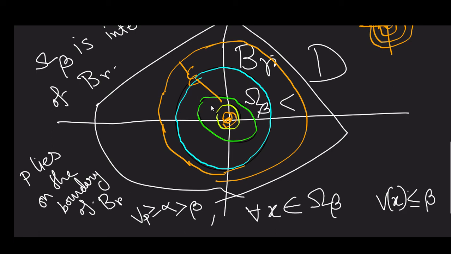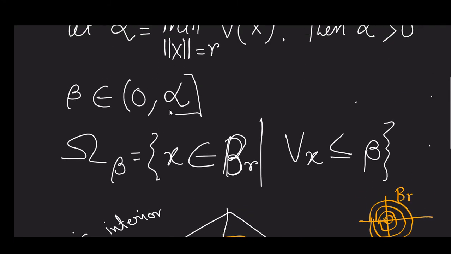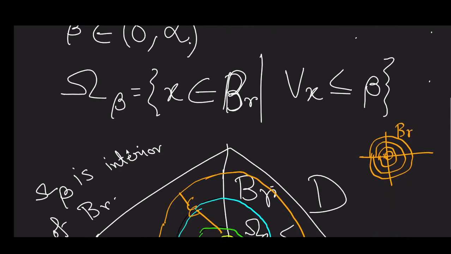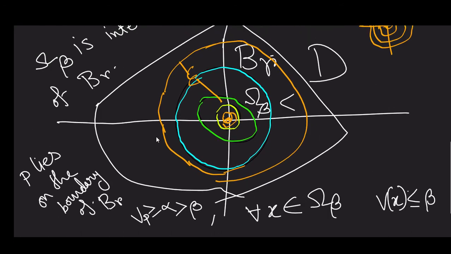But as you have excluded that by defining beta so that it doesn't include this alpha, obviously you will have omega beta. Now if you make it very close to alpha, then what you will have? You will have this omega beta like a region that may be very close to your